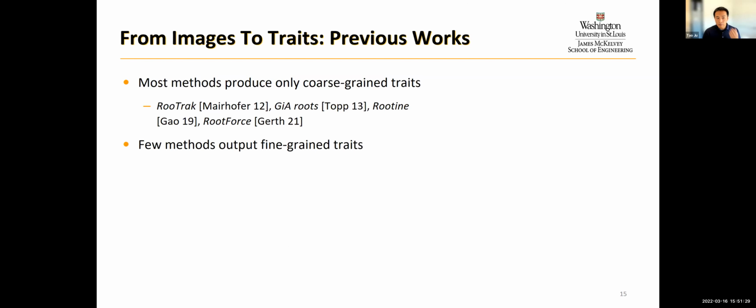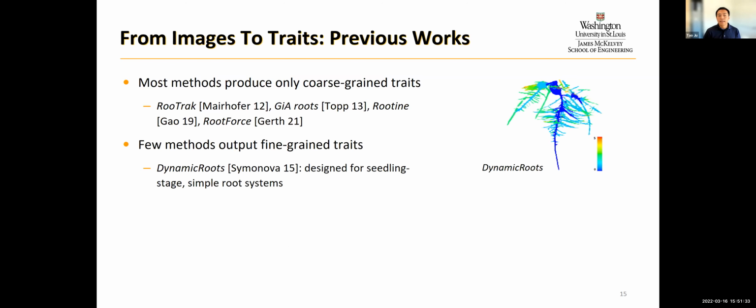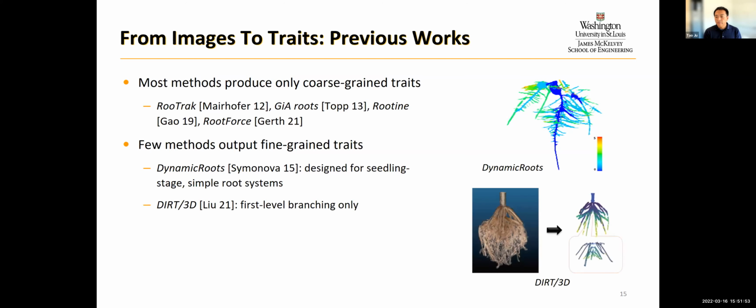And as far as we know, there are only two methods out there that can produce fine-level traits. Some of them, like DynamicRoots, are only designed for very simple seedling stage root systems, usually grown in transparent gel in a small container. They don't grow very big, so analysis is usually a lot easier, and the system is a lot simpler as well. Or you have methods that can only produce the top level of the hierarchy